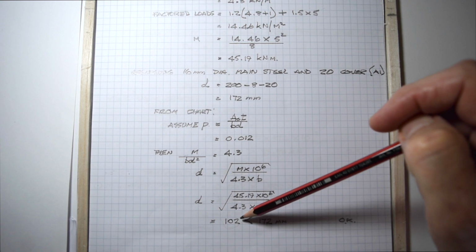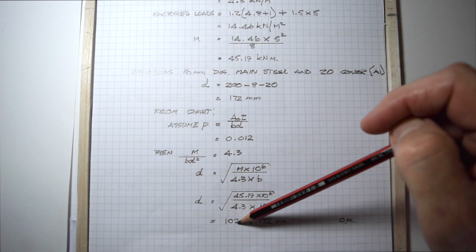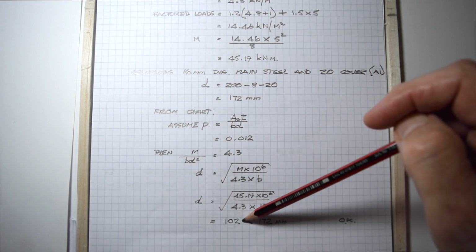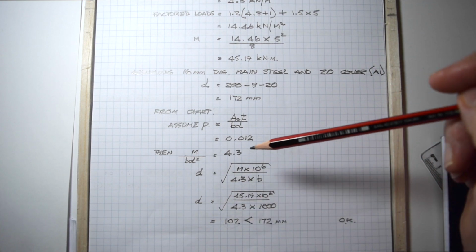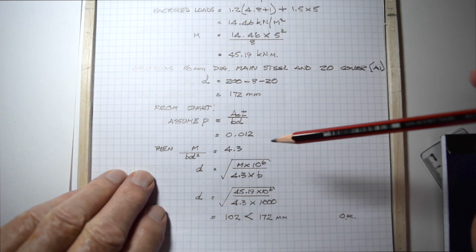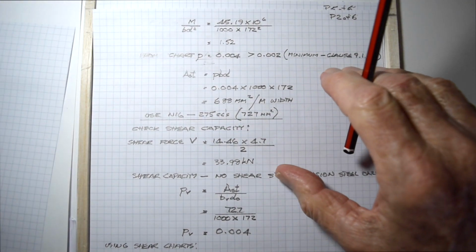But when you come to start doing deflections, as we will do in the next lecture, you'll find that it's not a straightforward case of saying, well, that's adequate. You have to take deflection into account. So at this stage of the lectures, we're just assuming a heavier section to cater for deflections. Now, moving on,